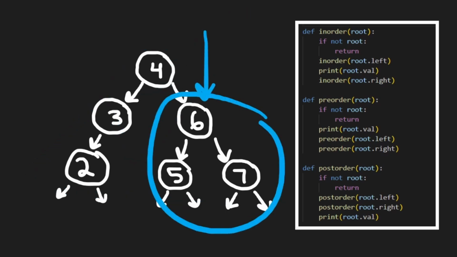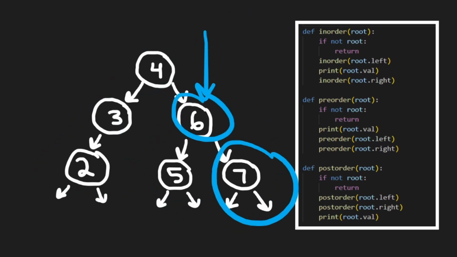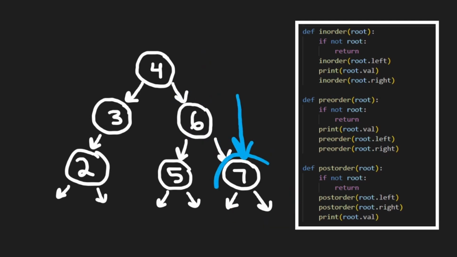We should probably go to the right subtree before we do 6. So let's get down here. We should probably go to the right subtree first. There's nothing there. Then we print the 7 and then we print the left subtree. There's nothing there. And then we go back to 6, print 6, and then we do the left subtree, 5,